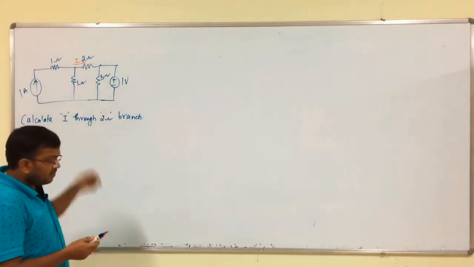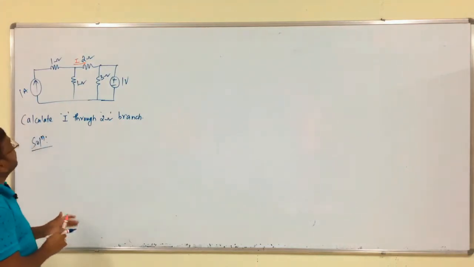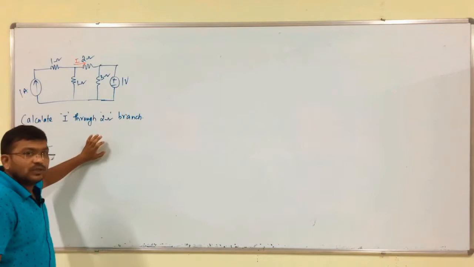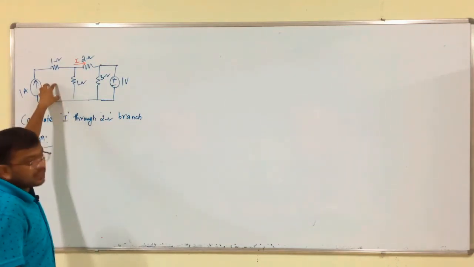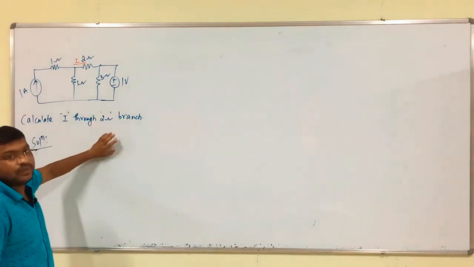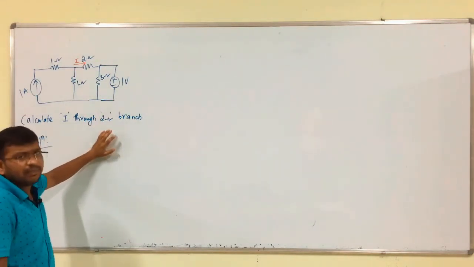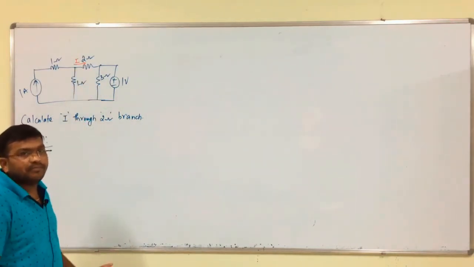Okay. Solution. How many voltage sources do we have? We have 1 and 2. So, we are going to get 2 cases. In the first case this should be active, in the second case this should be active. So, we are going to get 2 currents, and by adding or subtracting those 2 currents we are going to get this current by using the superposition theorem. Okay.